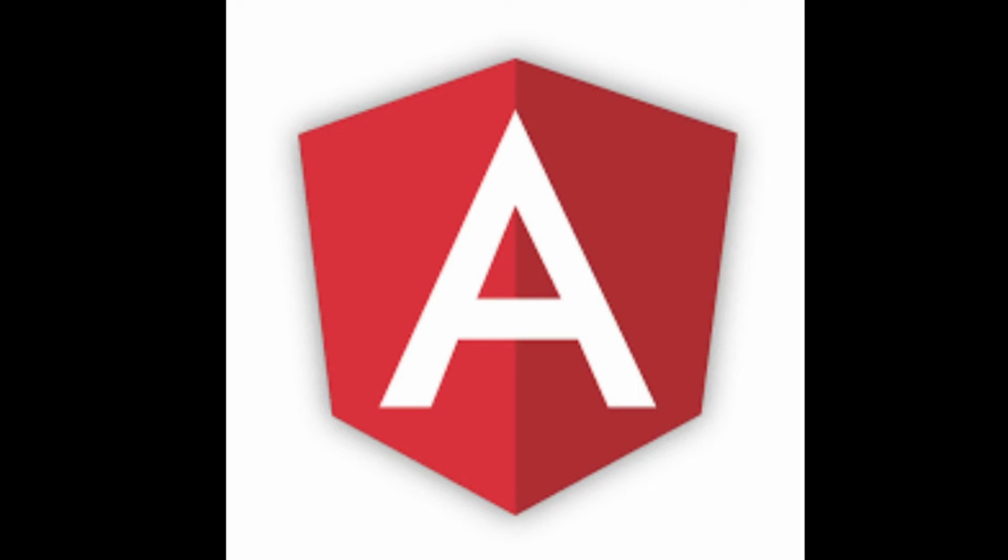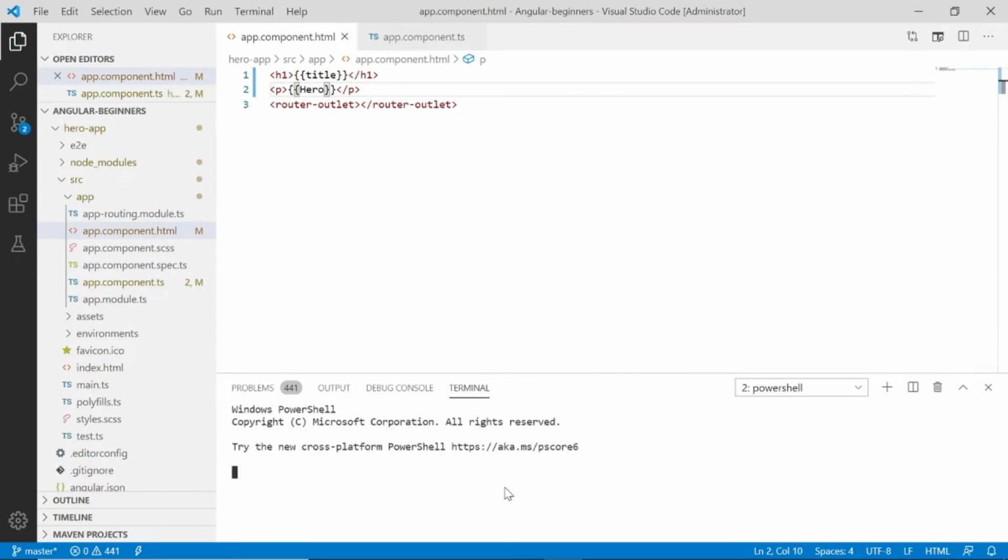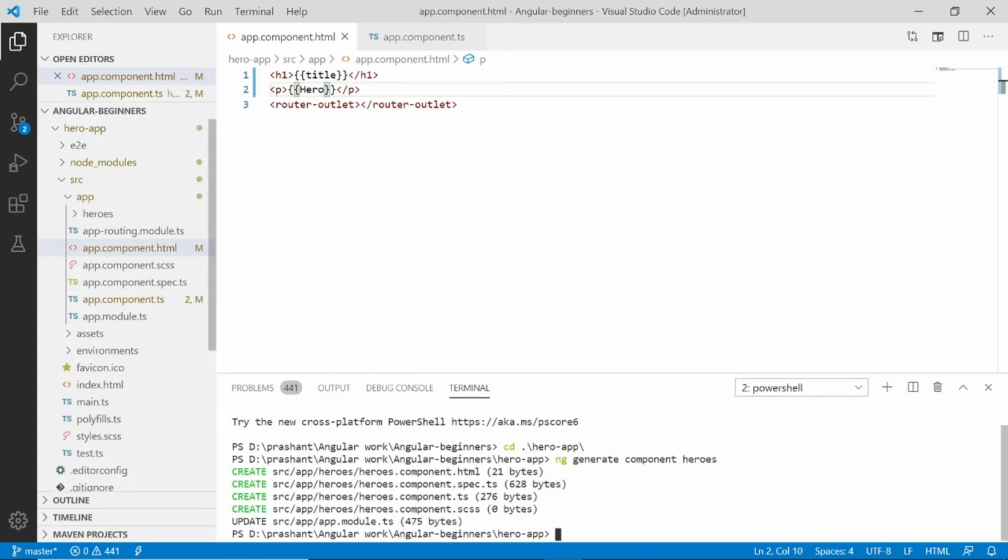In this video we will be creating a first Angular component. Now going to the terminal, here going to my terminal, cd hero app, and in here we will run the command ng generate component heroes, or even you can write it as ng g c heroes,